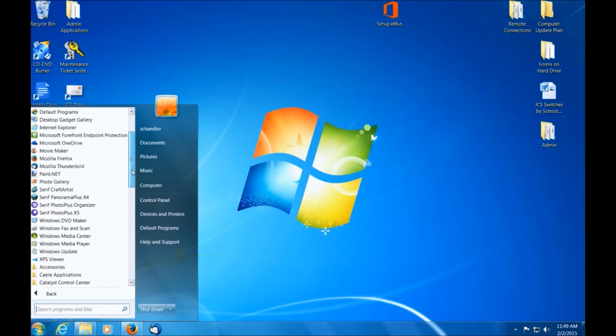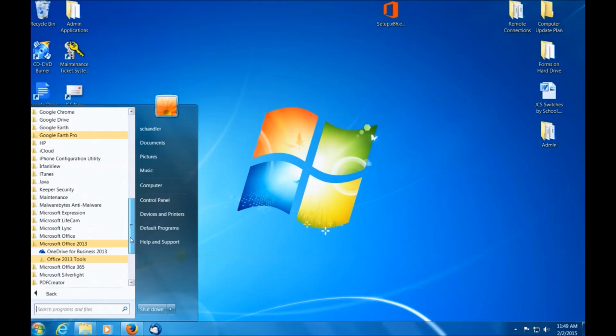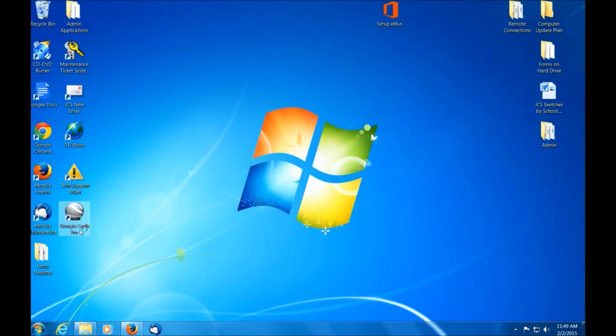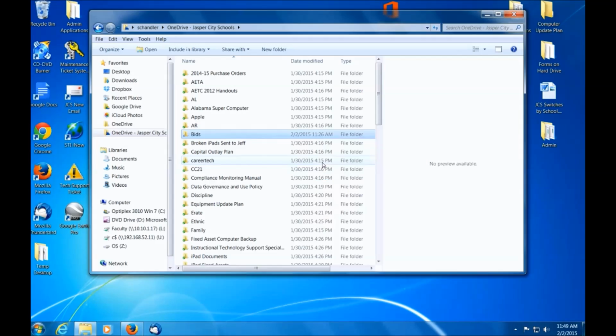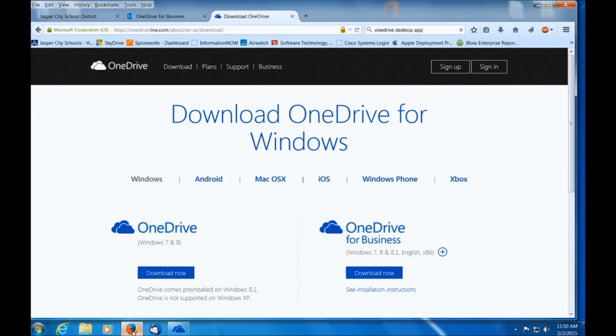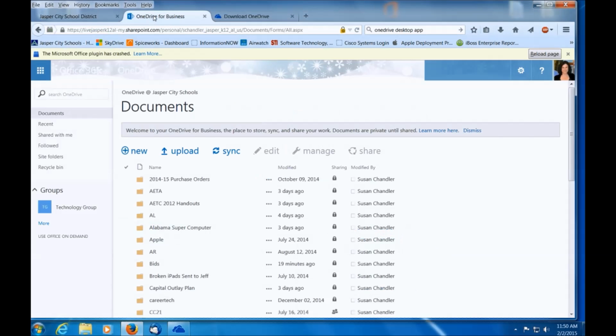It may be that when you first started, it was already in your recent files, and you can click on it there, but this is the file that we're going to start. So I click on that, and a box is going to pop up that asks you which library you want to sync to your computer. So I'm going to open up my Firefox browser where I had my email,